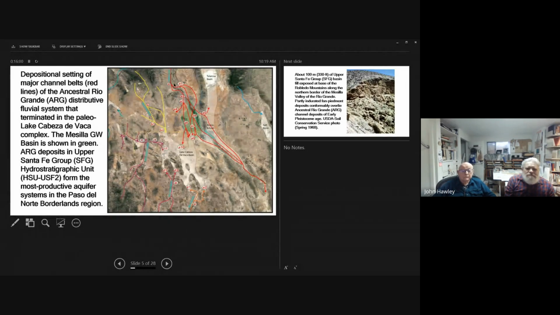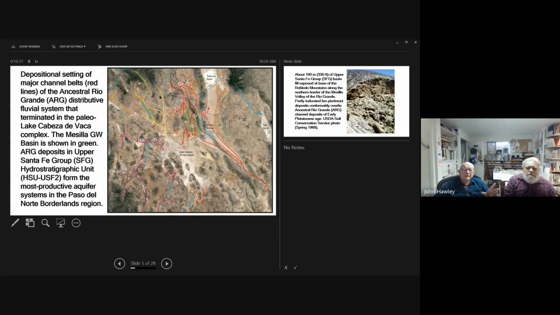Then the Rio Grande has headwaters back in the southern Rocky Mountains of southern Colorado and New Mexico. And that system ultimately drained out through the Big Bend area and would have joined with an ancestral Rio Conchos near Ojinaga in Chihuahua. And then there are other basins that come in from the north.